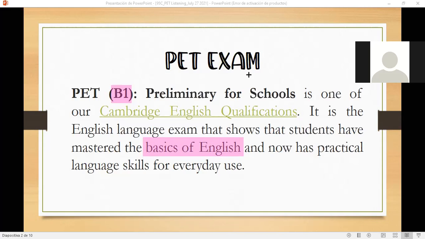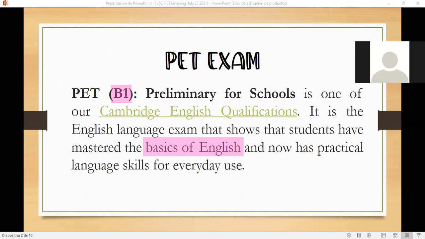It means that you can take the bus, you can give directions, you can give maybe suggestions, you can talk about the past, the present, and the future, and you can use a more qualified vocabulary. So this is the meaning of this exam, or what this exam shows. It shows that you are good, at least with more than the basic English for a tourist or a second language student.